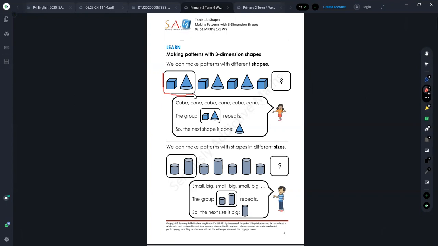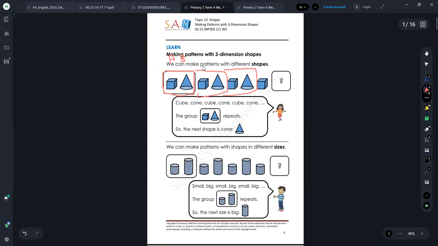So for example, you see here a cube and then a cone. After that, cube again. So this is the repeating pattern: cube, cone. If you circle it for them, students will be able to see that: cube, cone, cube, cone. Similarly, the method that we have also used last time, especially when it gets a bit mouthful to read the names of the shapes, is to